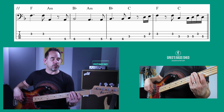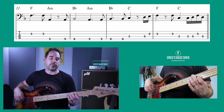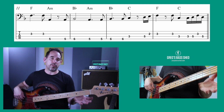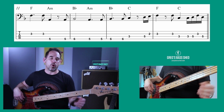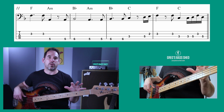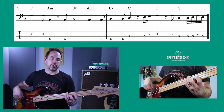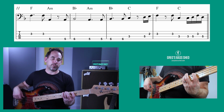Okay, so starting on F, so the 3rd fret of the D string, so F, F, A. So I play that on the 5th fret of the E string, I fret it. You can play the open A if you want. I prefer, when you're playing slow bass lines, I prefer not to have open notes where I can help it, okay? So F, A, and then B flat, fret 6 of the E string, hold that for 2, and then